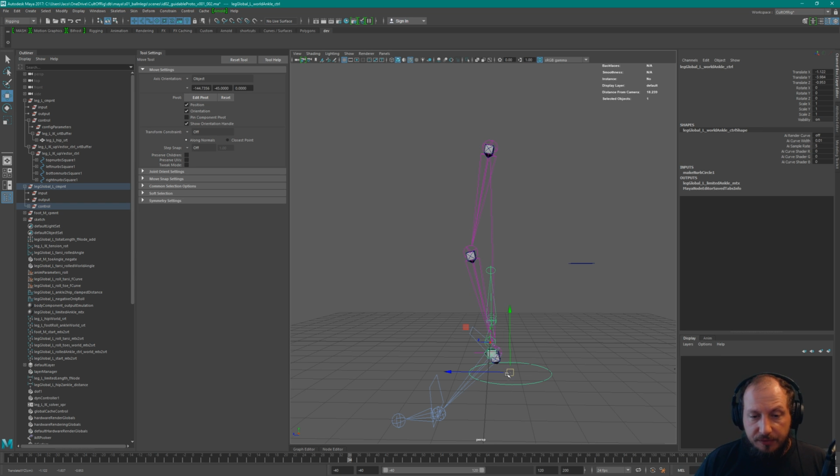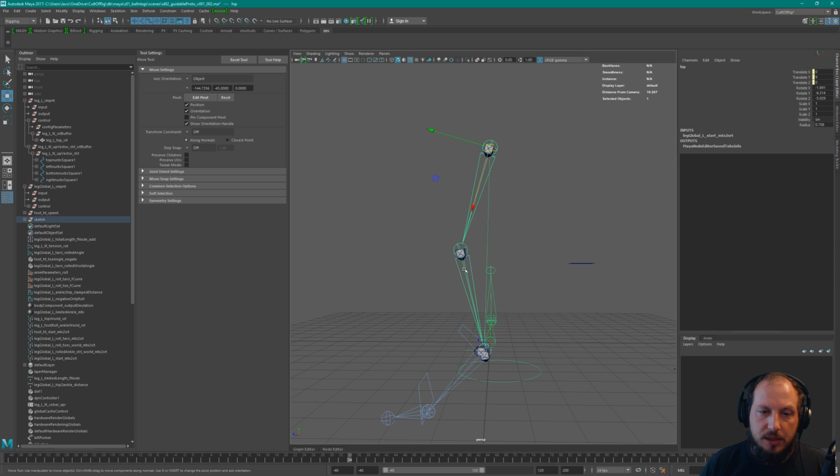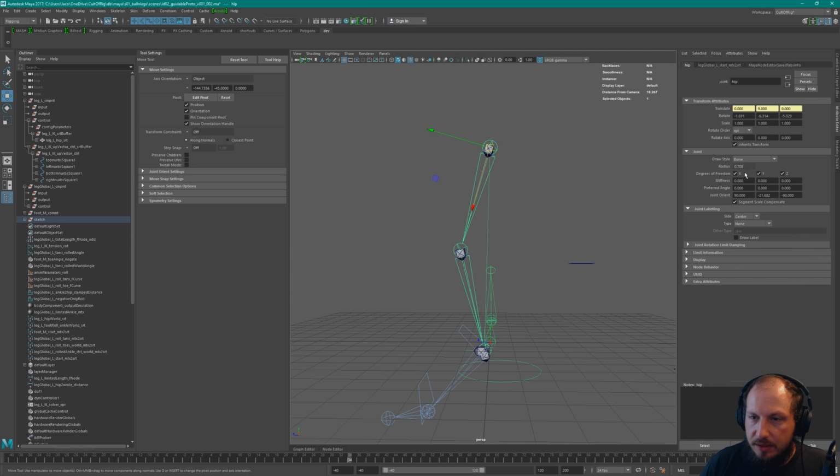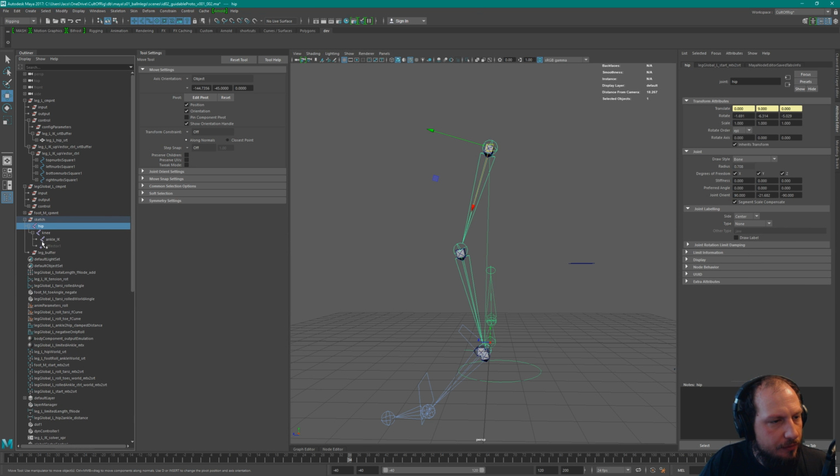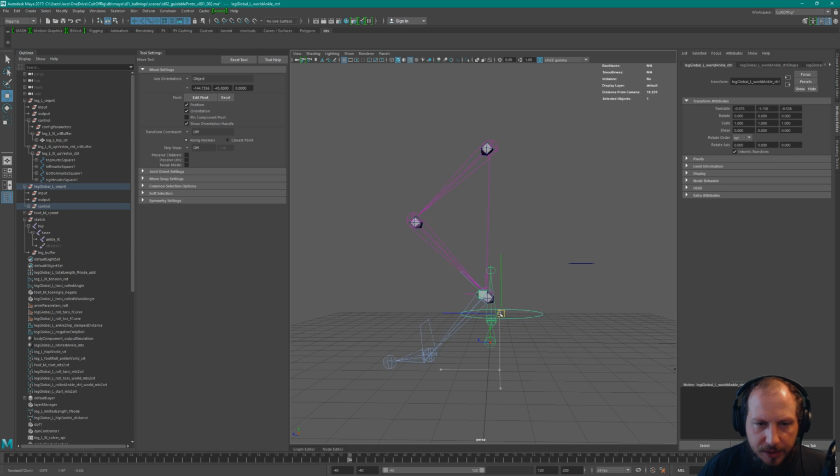Now, the simplest thing to prevent that is to lock the solution of the chain. That might seem like an obviety, but why is it? Oh, because it's an IK thingy, so it's doing some silliness with the joint orient. Anyway, it doesn't matter. That's why I don't often use joints, because I'm pretty positive I had zeroed these out eventually somewhere, and still now they have joint orients all over the place. Anyway,